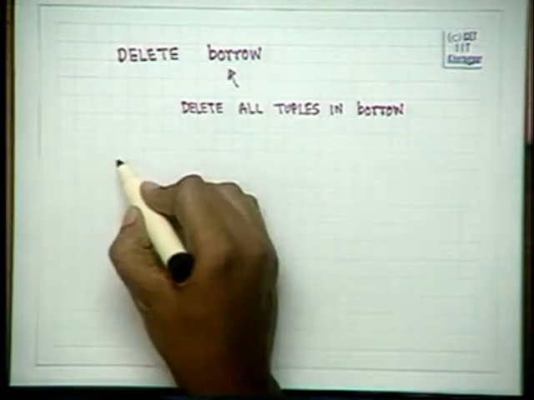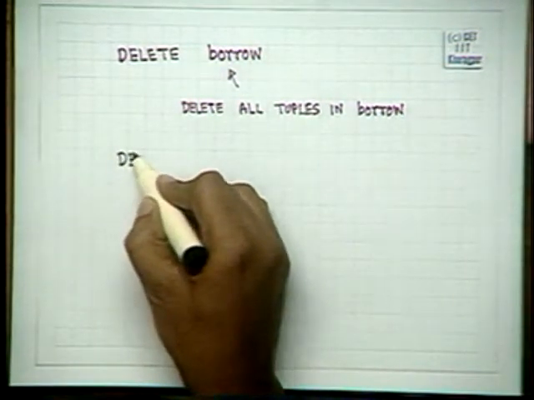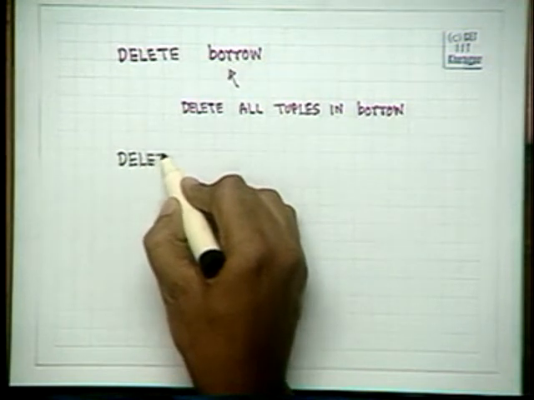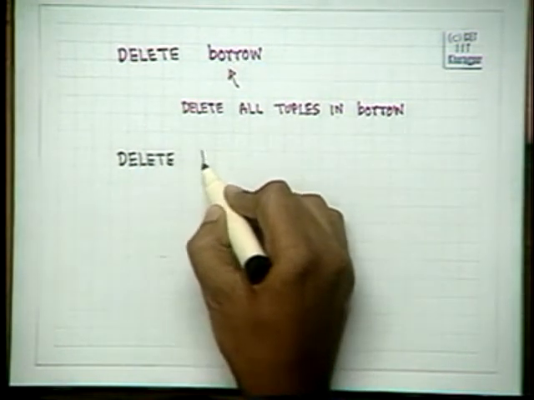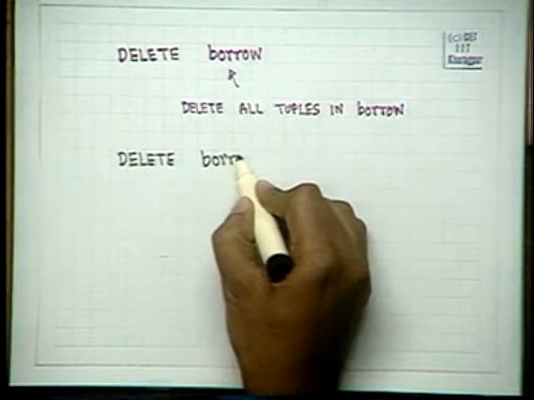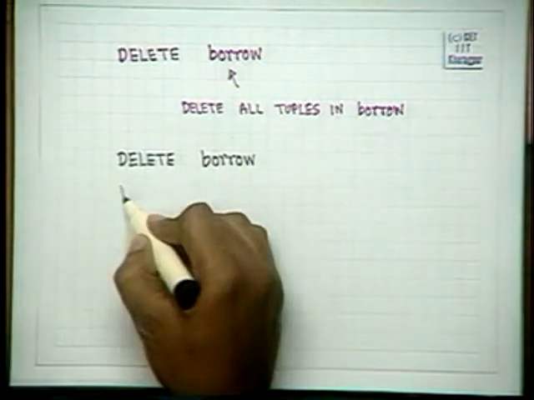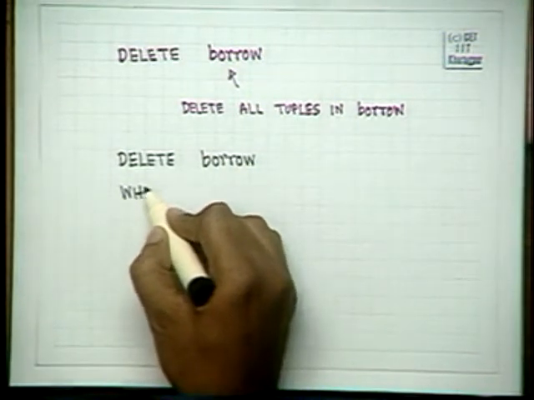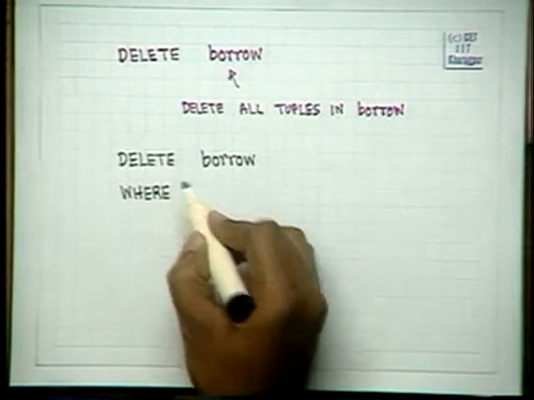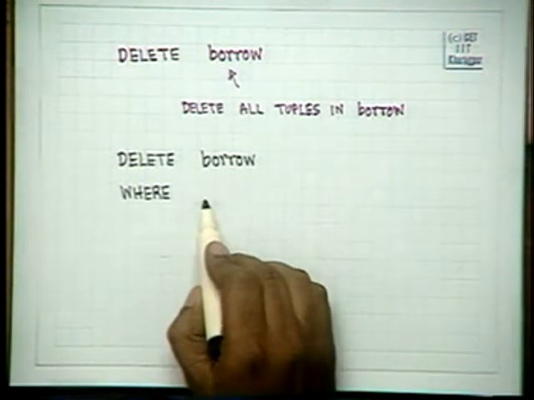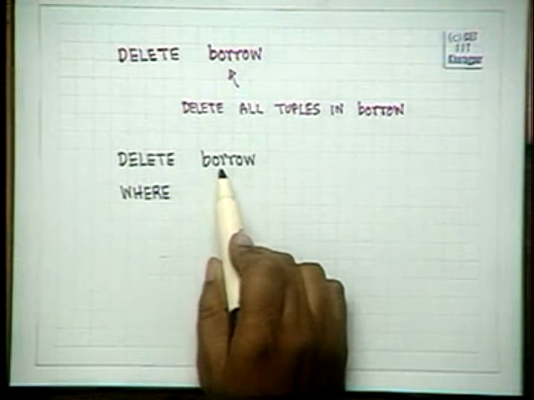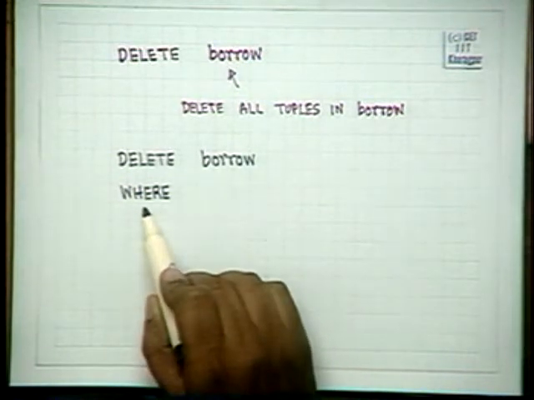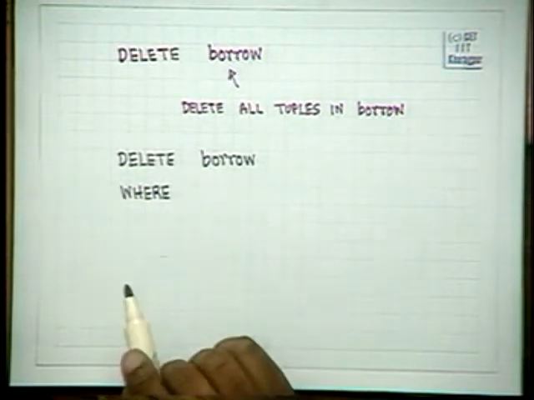So in this condition, we can give a condition here that from the borrow relation, delete those tuples which satisfy this condition.